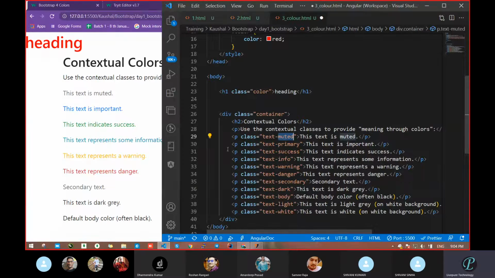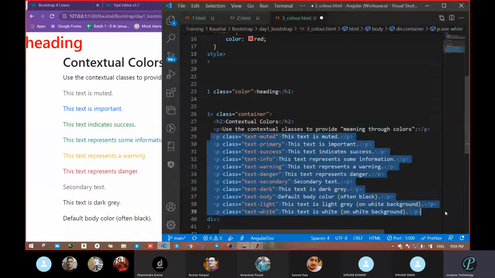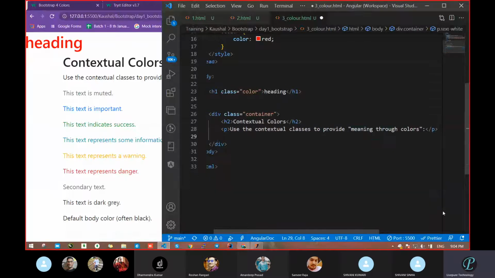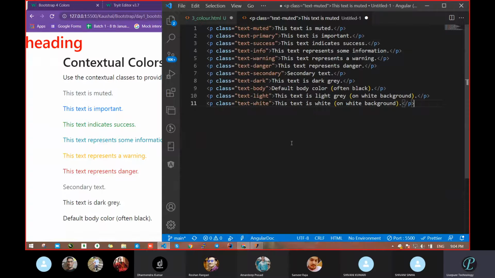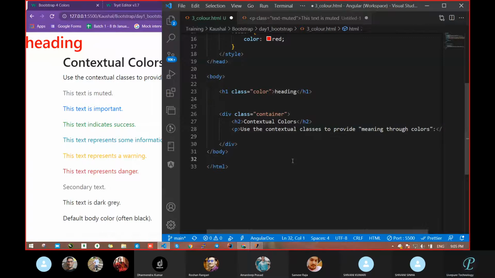Then primary. So go one by one. No need to remember any color name. Slowly you will get 4 or 5 color names in mind.